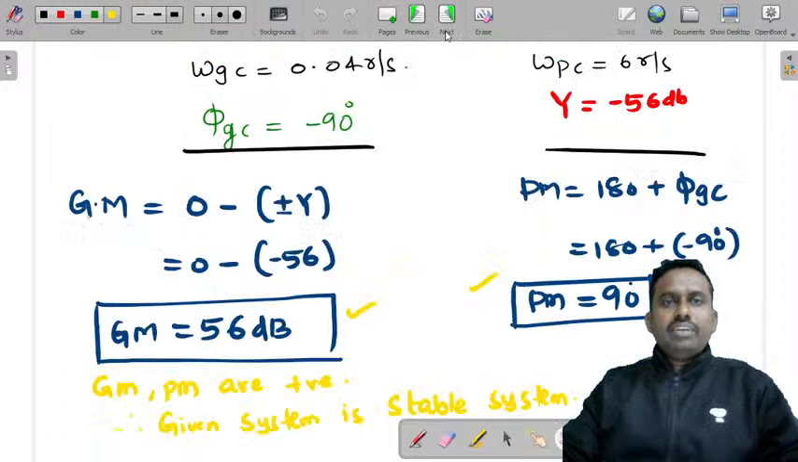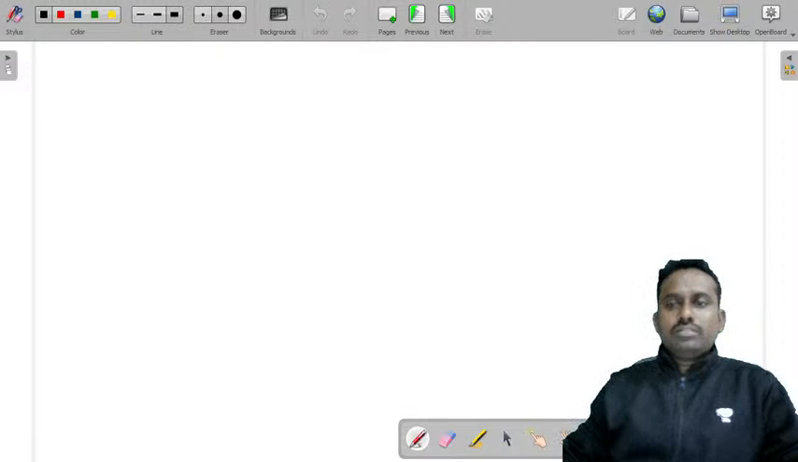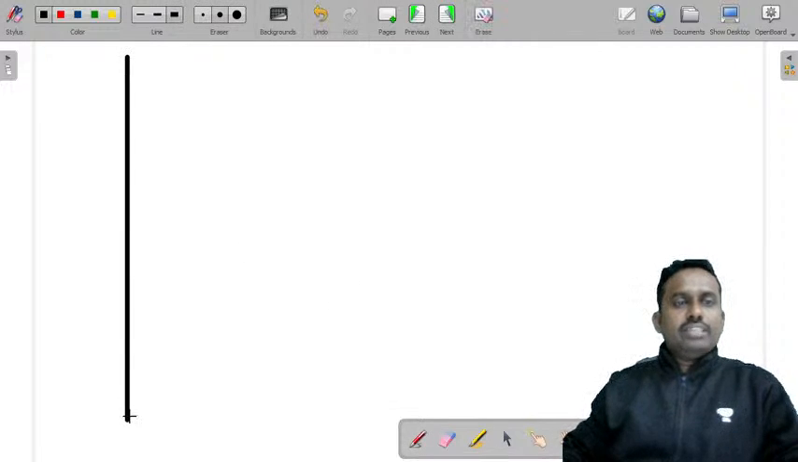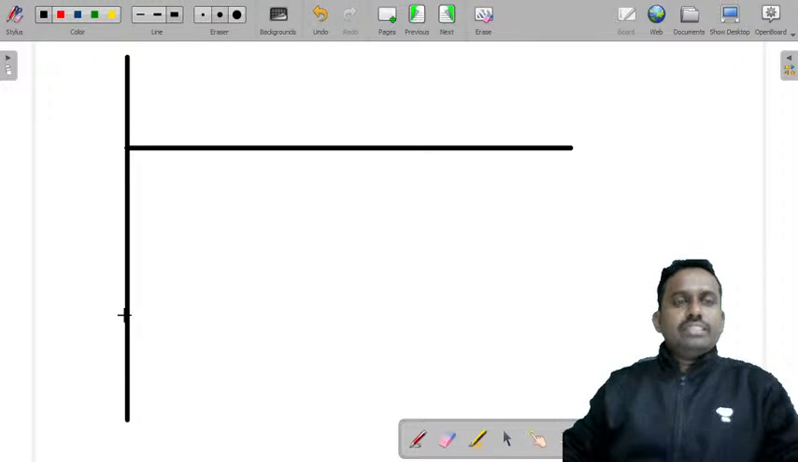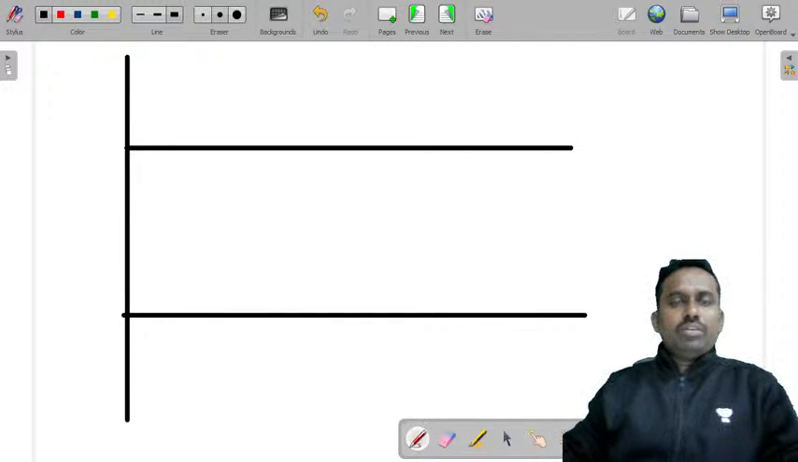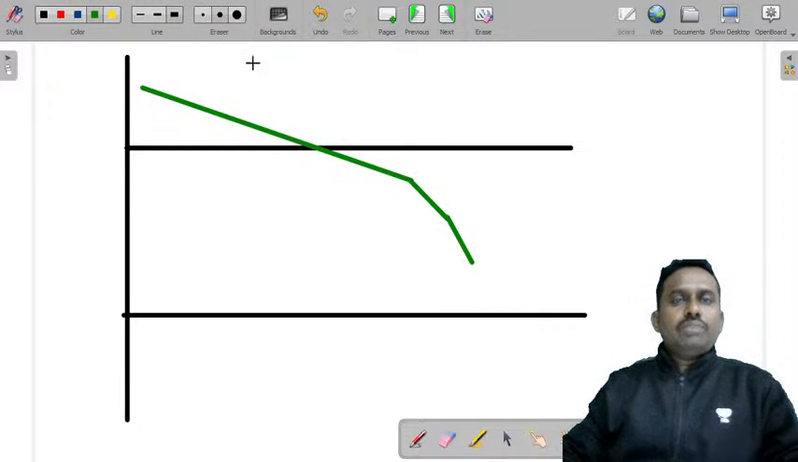Now the simple thing that you have to do is, let me explain you clearly once again. Let me tell you phase margin and gain margin from this. So let us say you have a magnitude plot and a phase angle plot. This was the magnitude plot that we got. Then we had a phase plot like this. It's intersecting at,